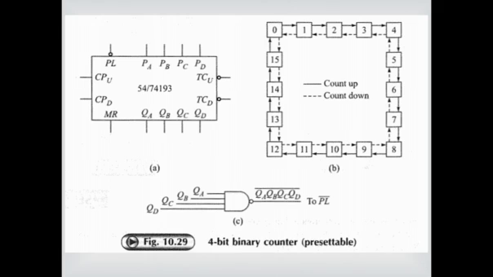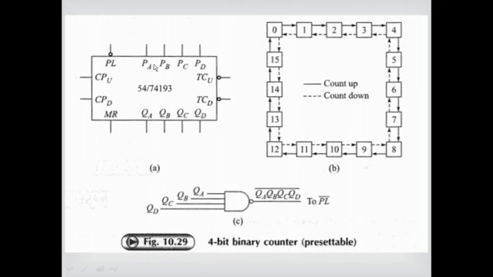The CPU and CPD. What is the meaning of CPU and CPD? CPU stands for clock pulse in the up direction, CPD clock pulse in the downward direction. So when you want to operate this counter in a count up mode, the system clock should be applied at CPU, and when you want to operate this counter in a countdown mode, the system clock should be applied to the pin CPD. The other pin should be left unconnected. That means it should be made high, then it is inactive. You cannot apply the system clock to both the inputs simultaneously.